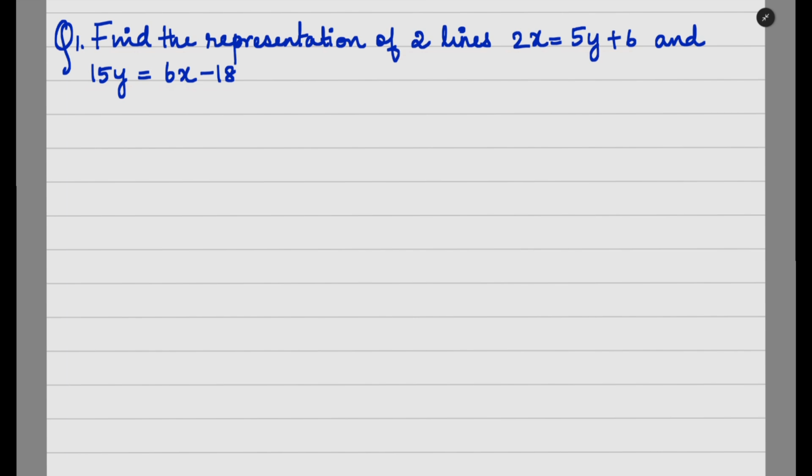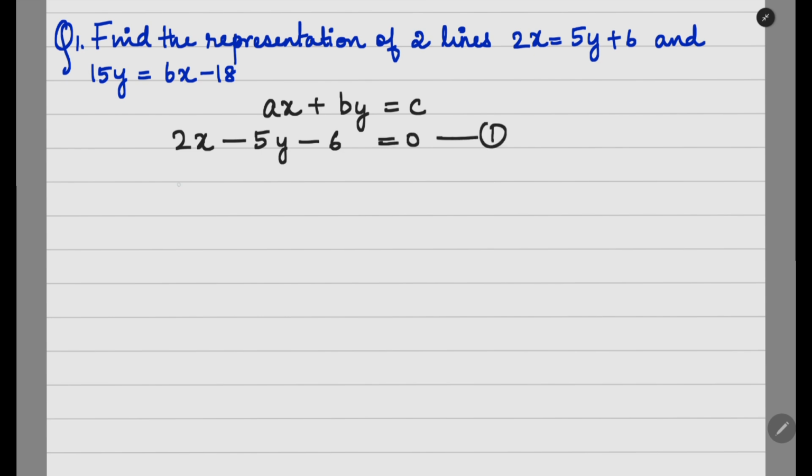Let us write the two linear equations in standard form. What is the standard form? It is ax plus by equal to c. So the very first equation can be written as 2x, and 5y will go to the left hand side, so it will become minus 5y. You can even take c to the left hand side, so minus 6. So 2x minus 5y minus 6 equal to 0. This is the first, and the second one is minus 6x plus 15y plus 18 equal to 0. This is the second